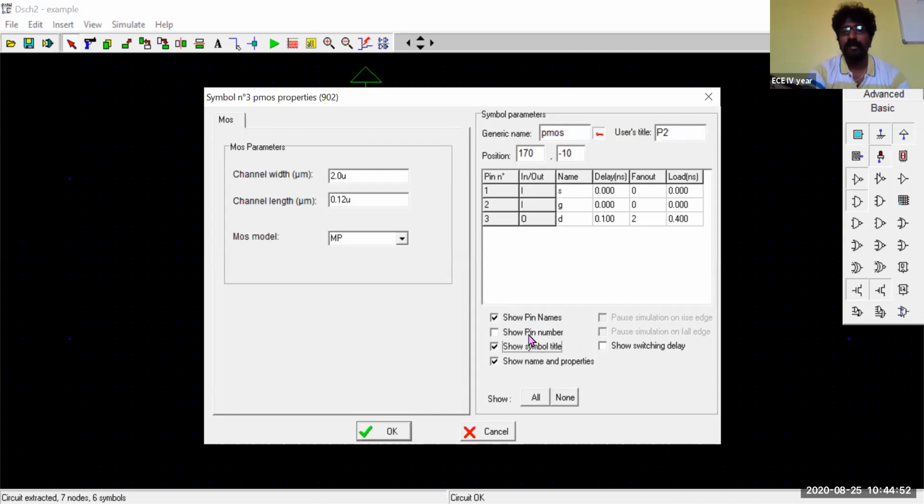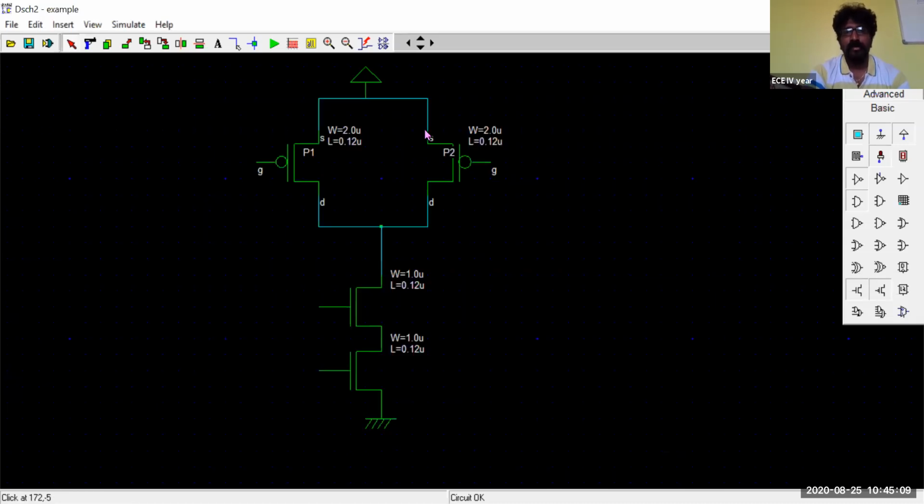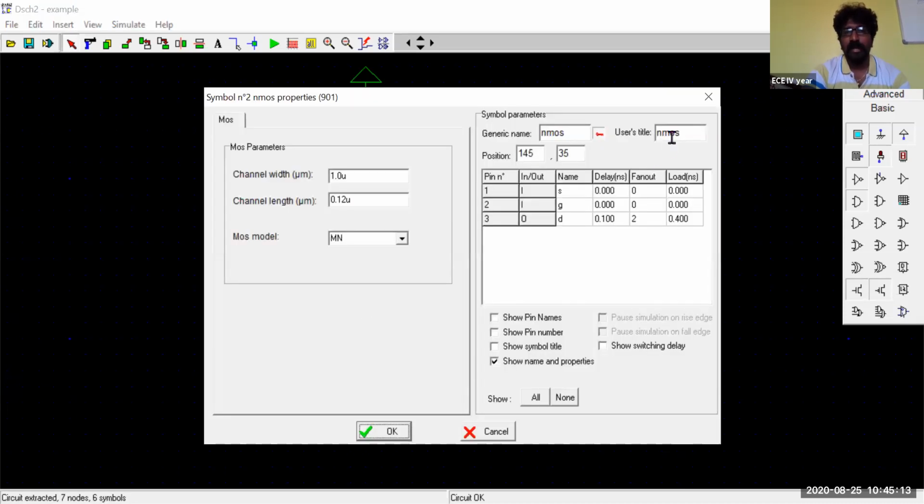The pin number is nothing else but: number one indicates the source, number two is for the gate, number three will be for the drain terminal. So in order to avoid that 1 2 3, I'm not ticking this show pin number. So now P1, P2. Now you can even name these N1 and N2. N1 pin name symbol.